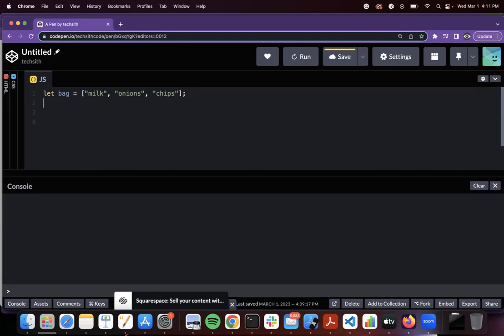So if I want to add a new item to this bag, the way to deal with it is I would say bag dot push, and then I can add, let's say, candy. Okay, so push means add on the top, right? In this case, at the end. End is like a top in a way, right? So we are pushing candy, and it would come here, right? So let's try this. If I console log this bag,